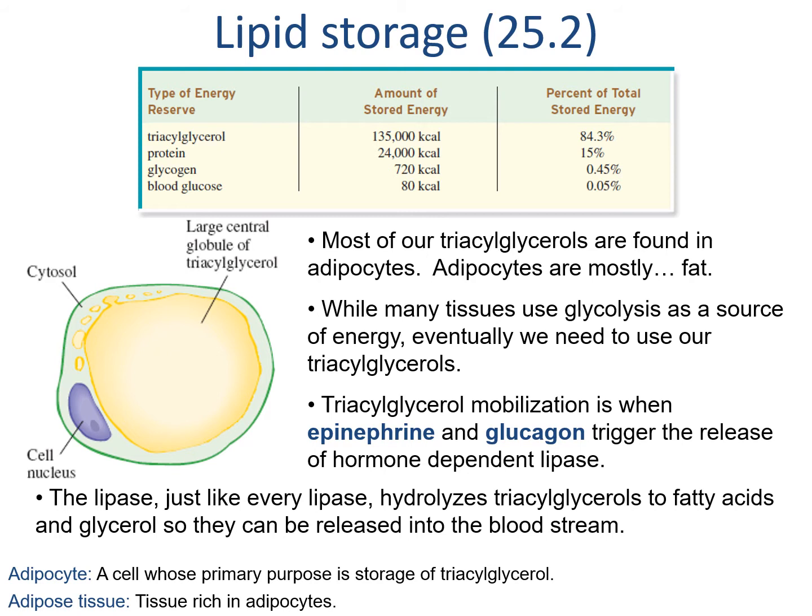The release of triacylglycerols by any hormone is accomplished by a hormone-dependent lipase. As soon as the hormone is active, the lipase is triggered to be active, and these lipases will hydrolyze triacylglycerols back to fatty acids that can re-enter the bloodstream to be used by any tissue that needs them. This takes a lot longer though, so fatty acids are not really a good source for quick bursts of energy and are much more commonly used for long-term energy.